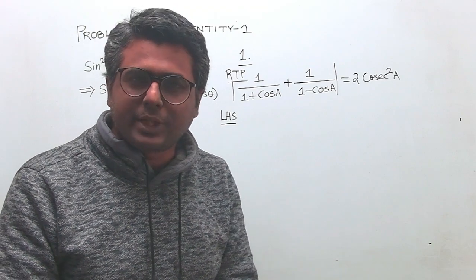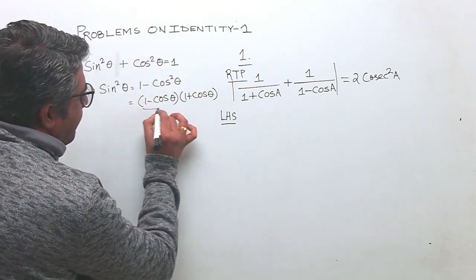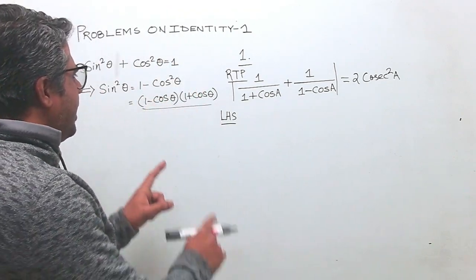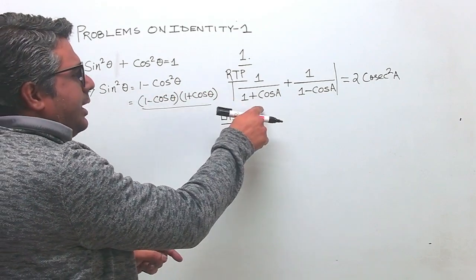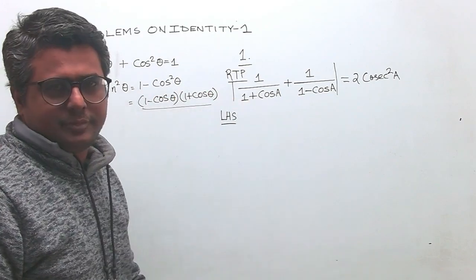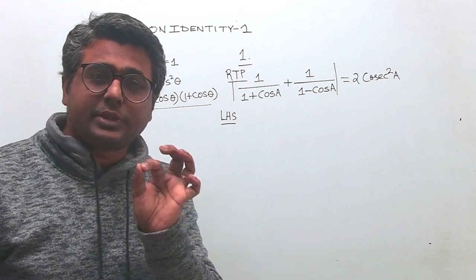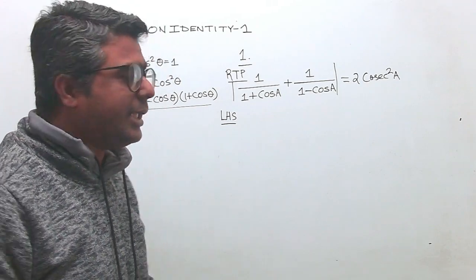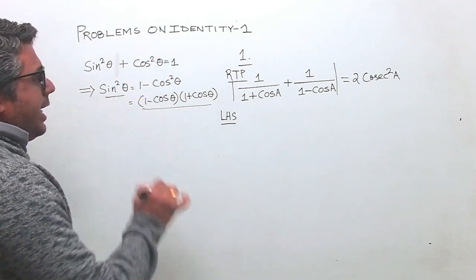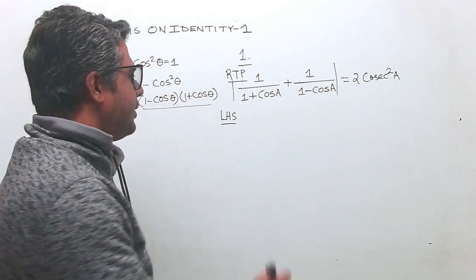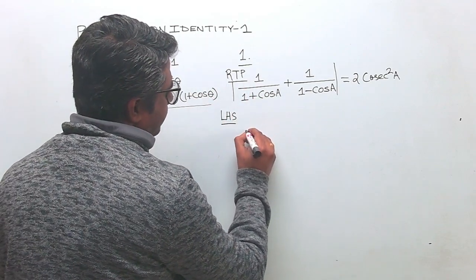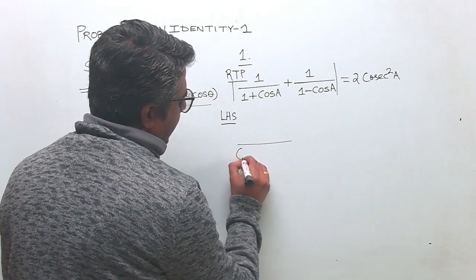So what will help me to kick this out? This formula is going to help me. I know very well if I can get a 1 minus cos square A in the denominator, then I will get a sin square A in the denominator. So what I will do? I will forcibly multiply